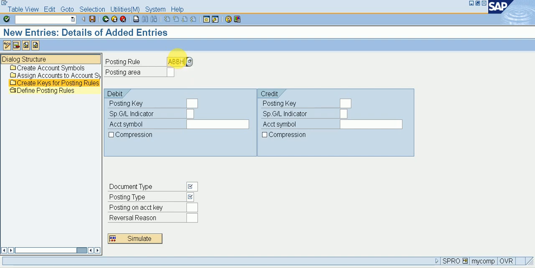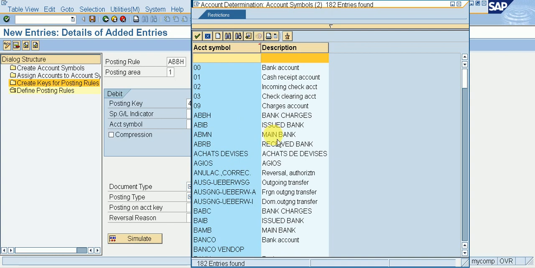ABBH for bank charges. Give your posting area 1. For posting key 40. Same I am giving here main bank account.